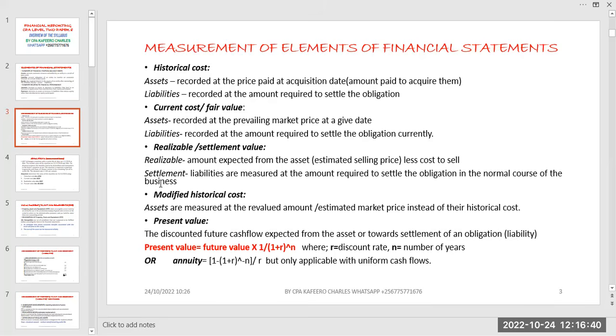So we can take a simple simulation to be able to understand at least what we have got. It is going to be revolving around the measurement basis, but when at this point we are putting in the value, you will be able to appreciate what are the items we are going to be talking about. If you talk about the historical cost, how are we going to assign these values initially, or at the acquisition date? So let's take